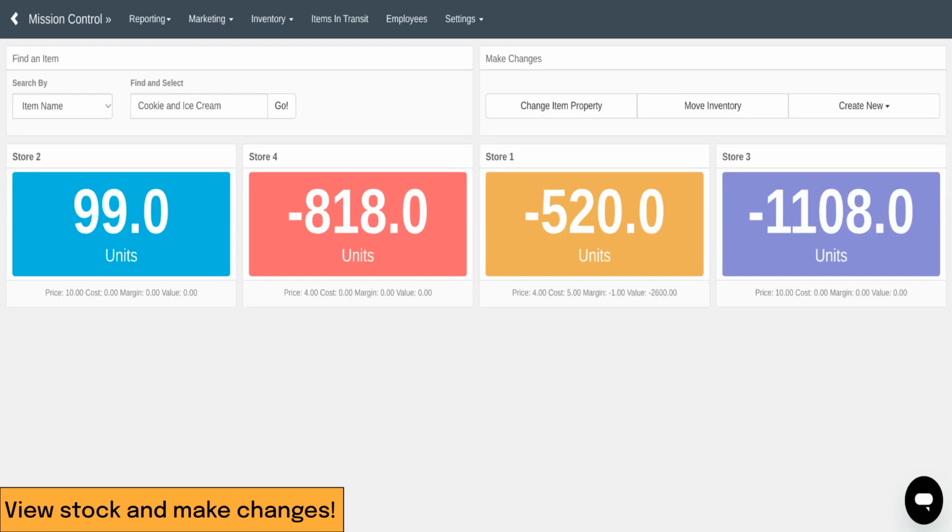You can easily view an item's stock by selecting your search preference, such as item name, SKU, or code, under Search By. Once you have selected your search preference, enter the item information in the Find and Select field and